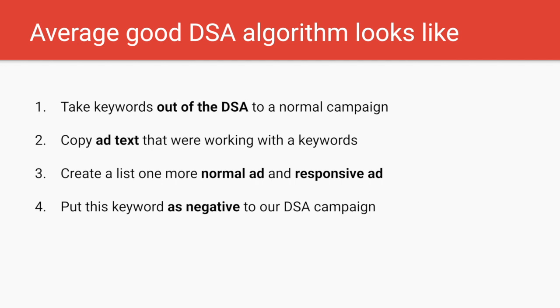So what you need to do, you usually run the DSA, you take keywords out of the DSA to normal campaigns, you copy the ad text that DSA created for this keyword, and you also create several new ads, as well as a responsive ad for the new keyword, and you add this keyword as a negative to DSA. Which brings us to understanding that DSA is an amazing keyword expansion tool